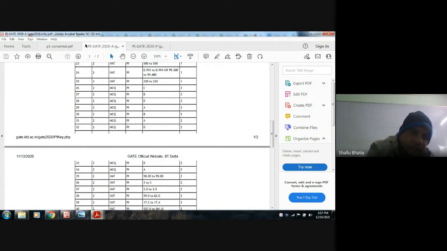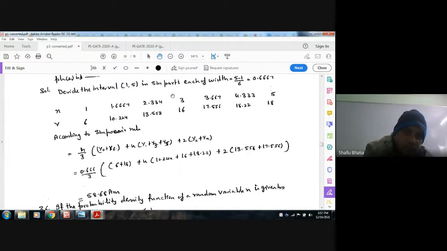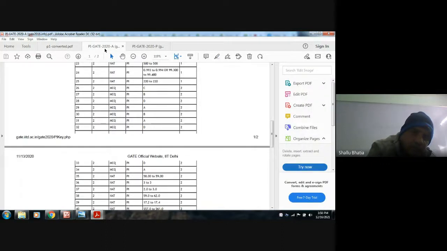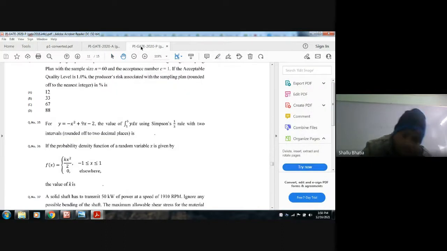So you can use the two intervals also. Then the two intervals will be 5 minus 1, 4, divided by 2. So it will be of 2 and 2. Okay, so you will put here 1 and 3. You can take these two values, 1 by 6 and 5 by 8 and 3 by 8. Then you can use y naught plus y3 plus 4 times this, and you can get the answer. This is also accurate, because we are getting the right answer. Next,